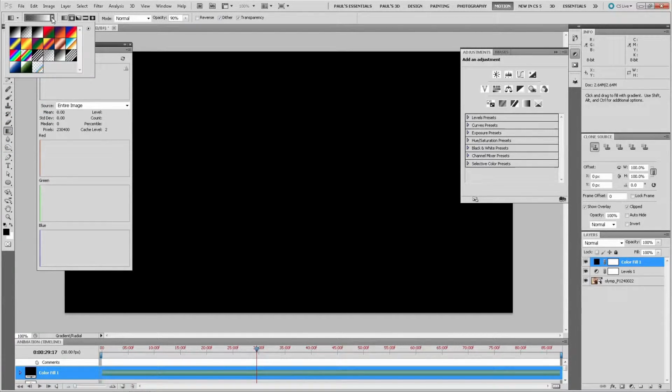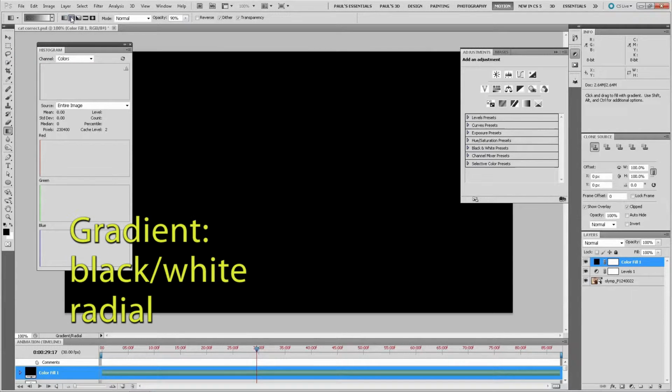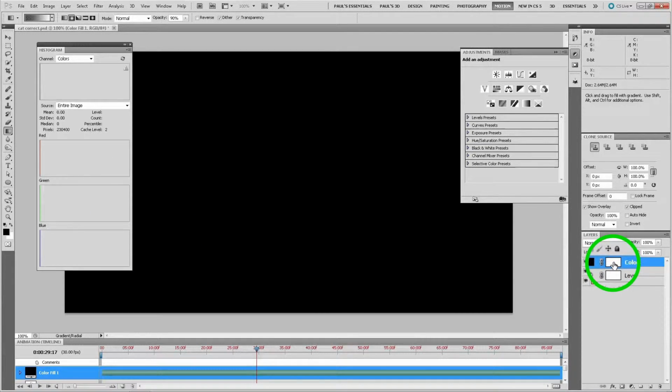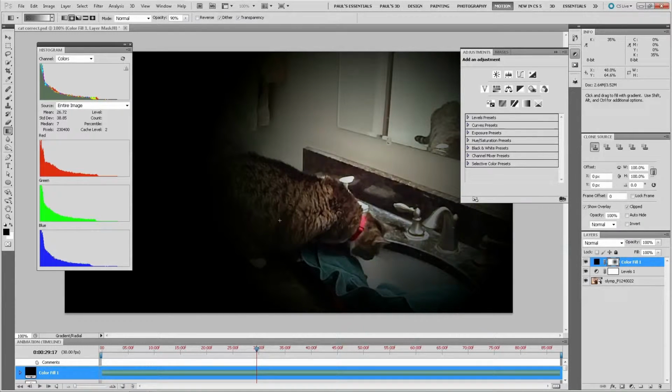Go to the kind, pick black and white. Now, for the type, you pick a radial. Now, click on the mask for the color layer and draw out a radial gradient.